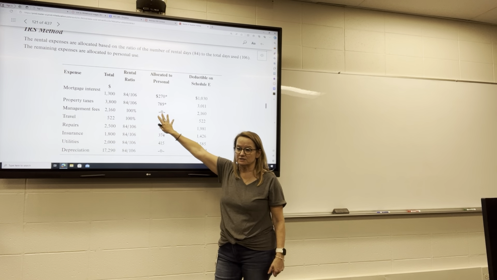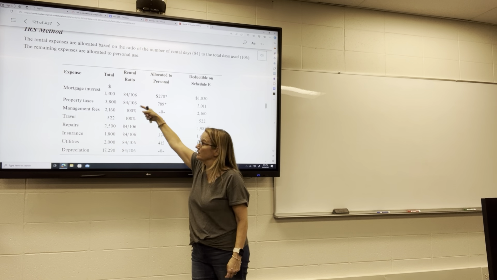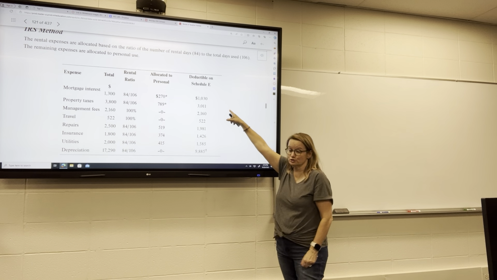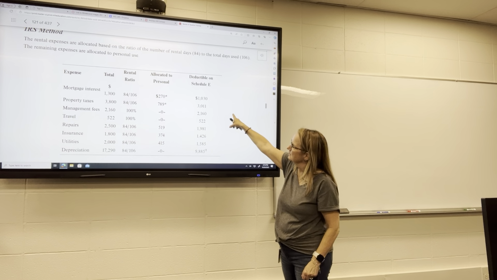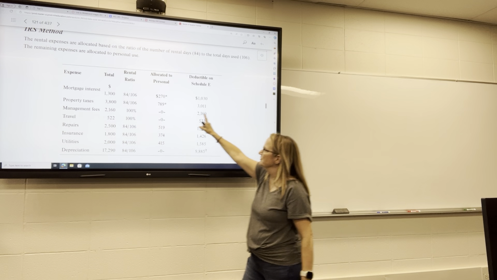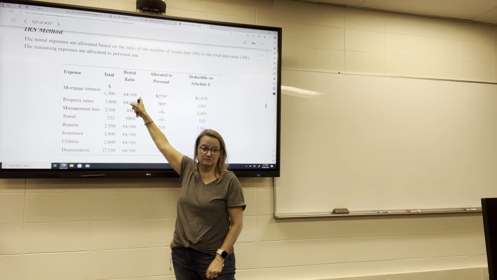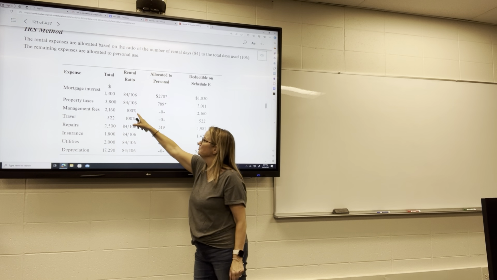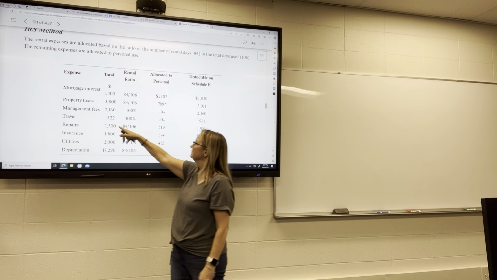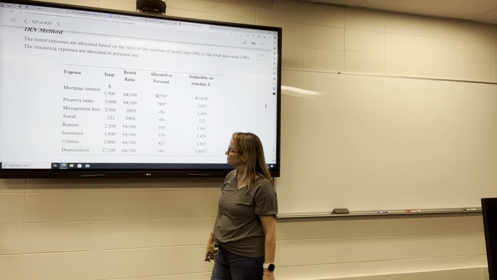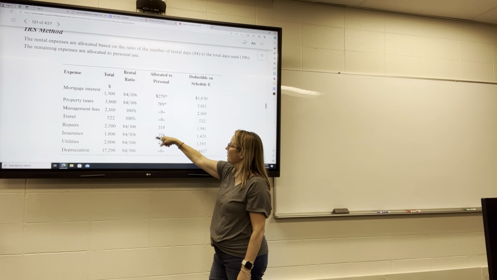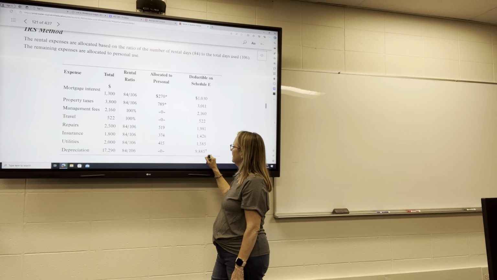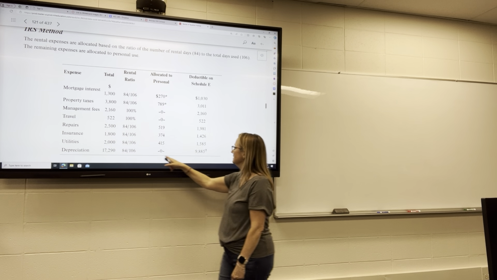In this case, we get to use 106 as the denominator. You can see that we're going to get a larger number here than we would if we were dividing it by 365, right? Management fees, we get 100%, that's a direct expense. Travel, again, 100%, that's also direct. The rest of these are indirect expenses, and then the depreciation, our depreciation is going to be limited because if